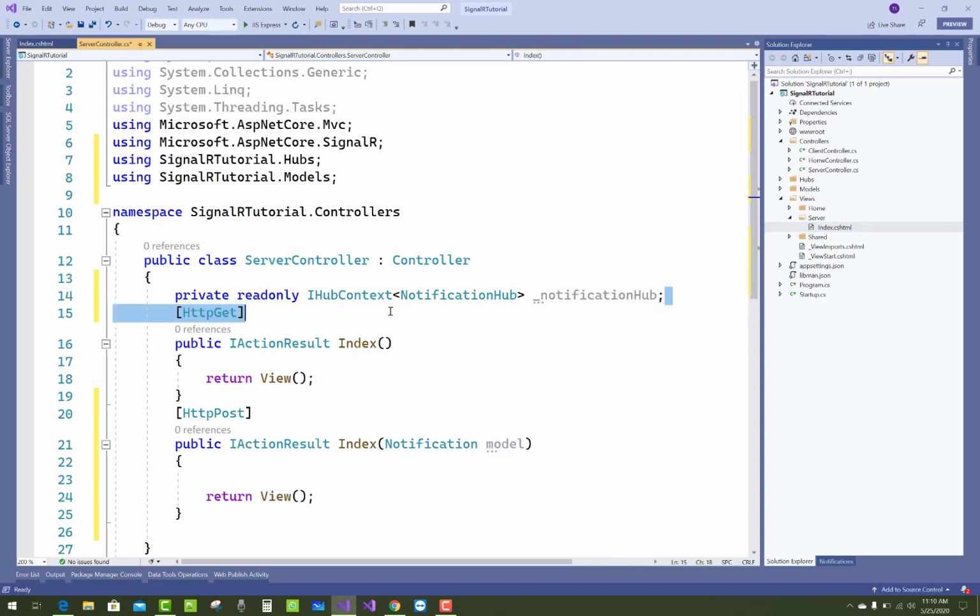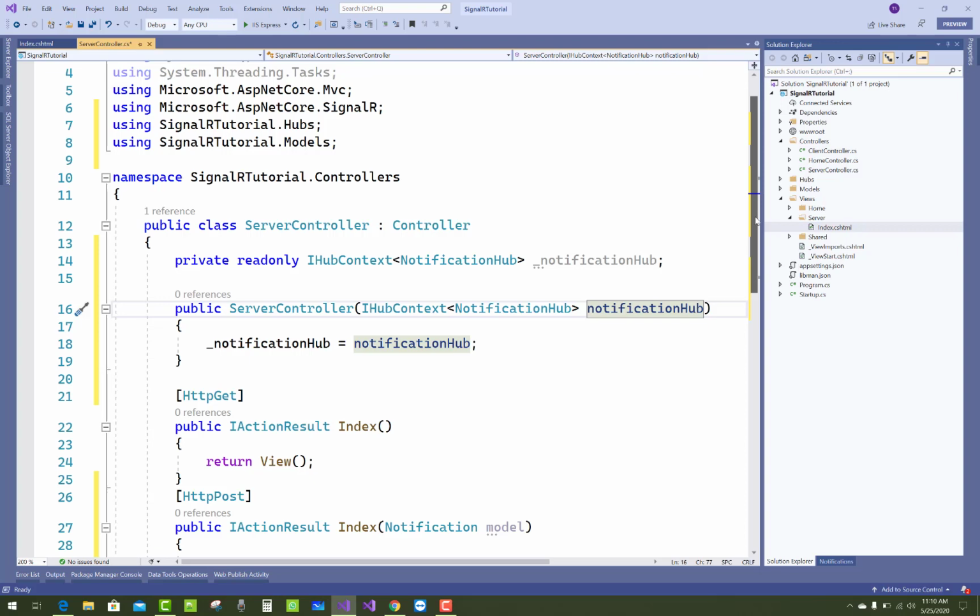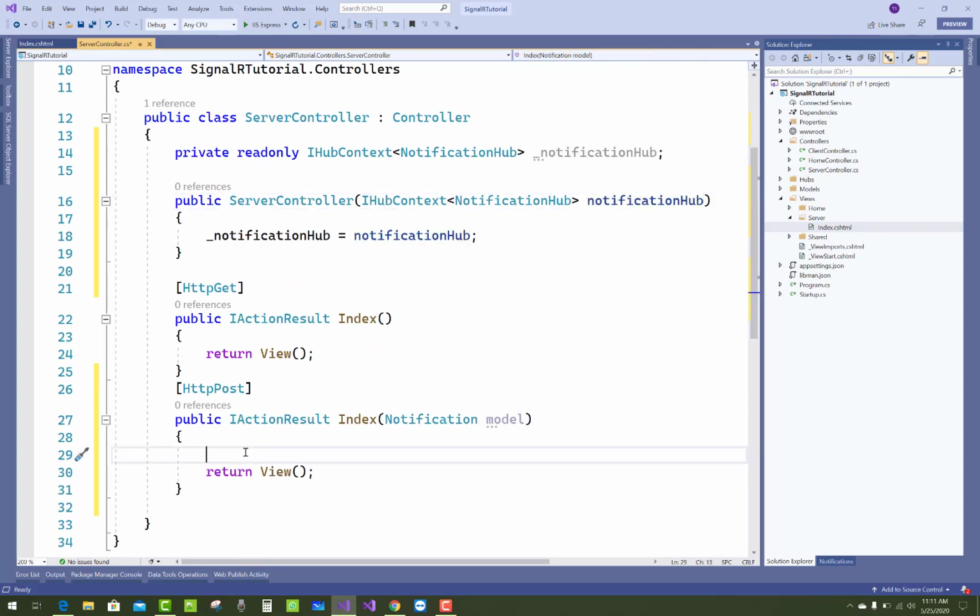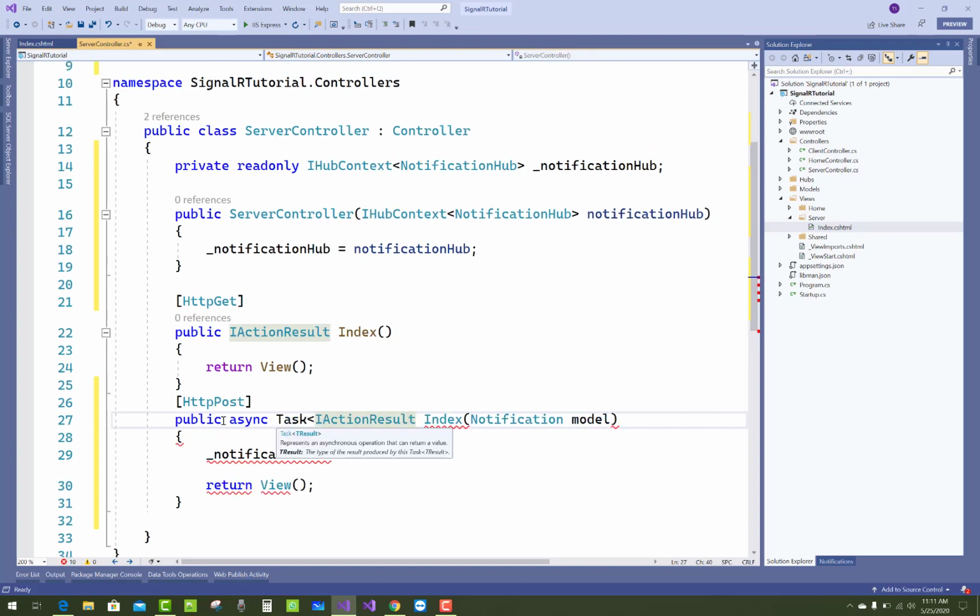Okay, and initialize it in the constructor. So this is the first video tutorial on sending messages to all clients, and in a later session I will cover all these things related to the client server SignalR.